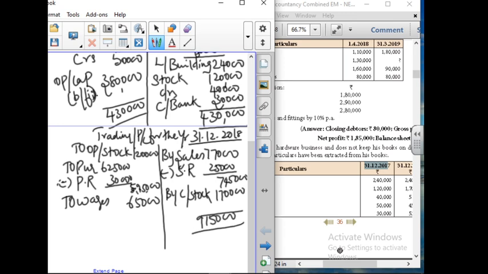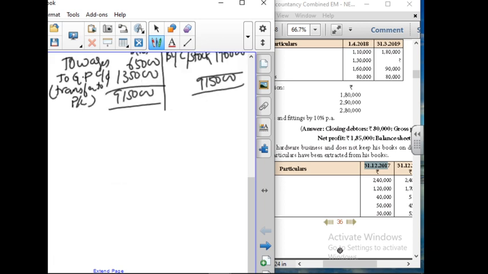9,15,000 is your amount. With this we are going to tally with the debit side 9,15,000. 1,35,000 is the balance amount. This refers to gross profit carried down. In bracket you have to write transfer to profit and loss account. All this information must be perfect so that you can get full marks.